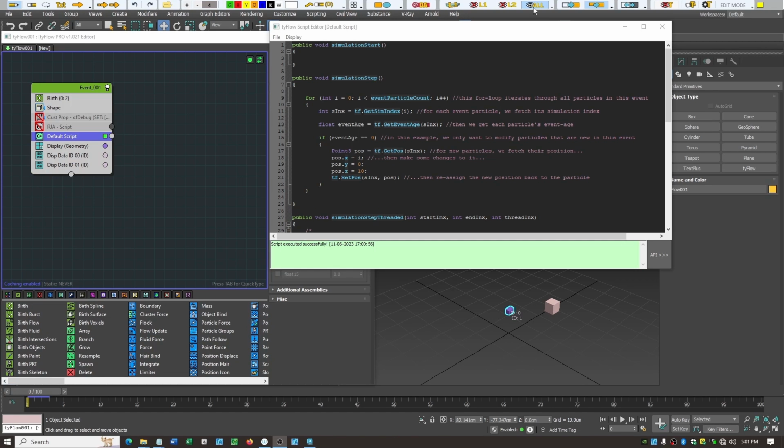In this standard example that was given, we didn't actually see the movement happen. It happened as soon as we evaluated. Why was that? Because there was a test here against the event age, with the event age being 0, which is at the very beginning. Now, in this instance, particle event age and frame number are going to end up being the same because of when they're born. So technically, if we wanted to see our particle move, then all we would have to do is